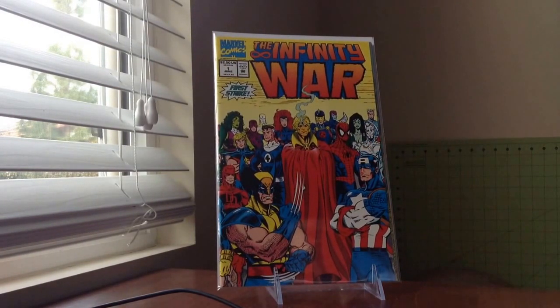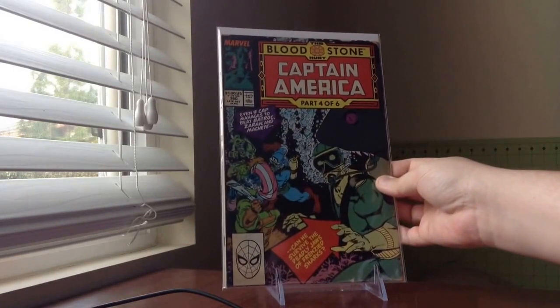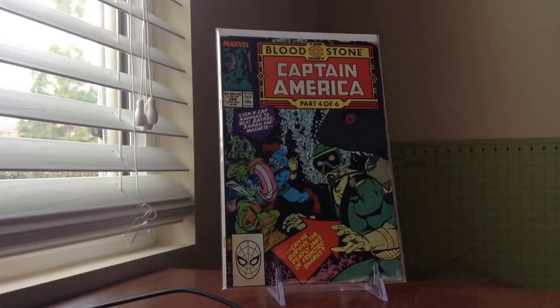Infinity War number 1, $3 swap meet all day. I don't really need to expound on these. You guys know what they are. They're all pros. Oddly enough, my first copy ever of this book,